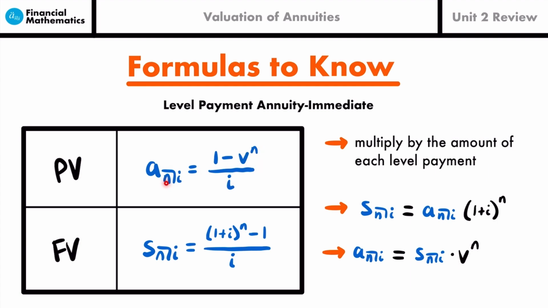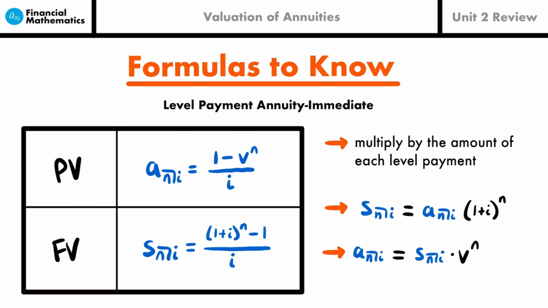Now, of course, n is the number of periods for that annuity or the number of payments. i is the interest rate for that annuity, and it's important that that interest rate matches the payment cycle. And what I mean by that is if the payments of the annuity that you want to calculate the present value of are being made yearly, then you better be using a yearly interest rate or an annual interest rate. In the same way, if the payments were being made monthly, then you would want an effective monthly interest rate. Okay, so it's very important that that interest rate is an effective interest rate that matches the